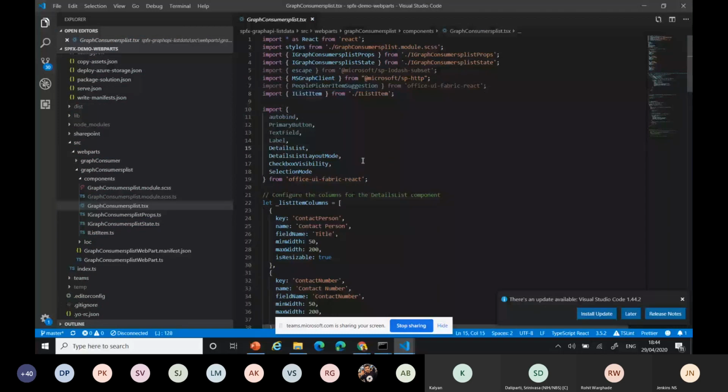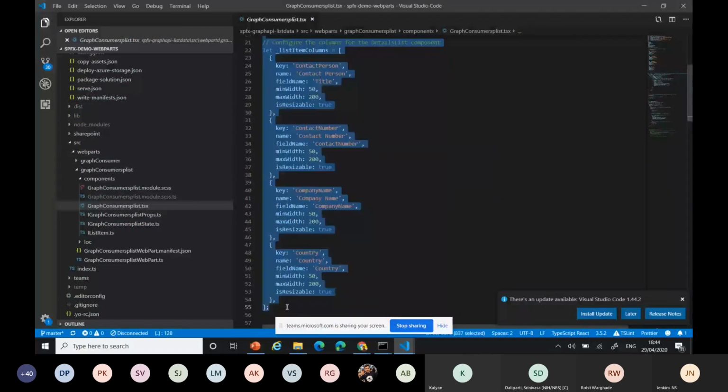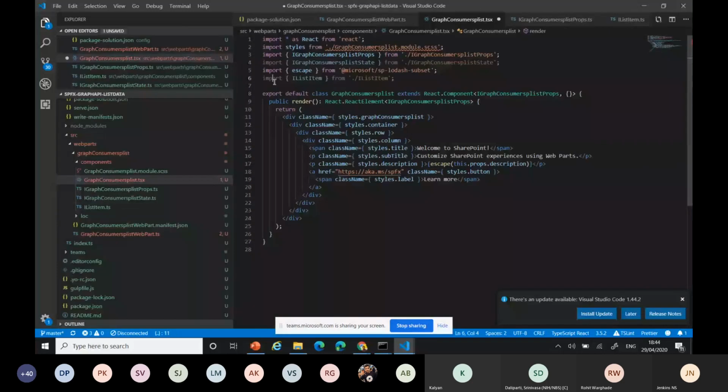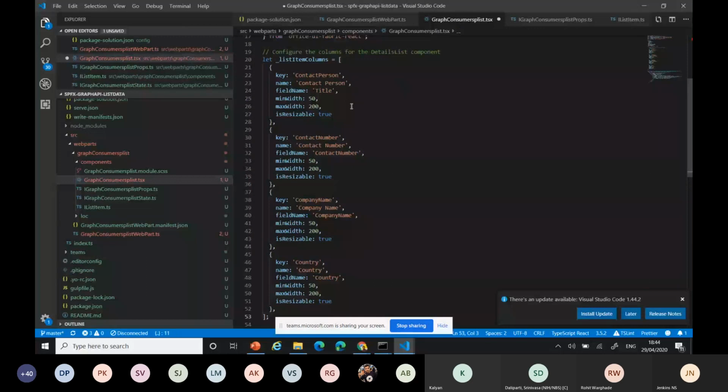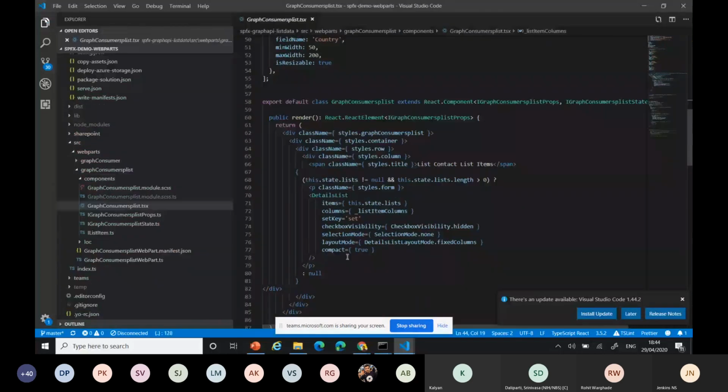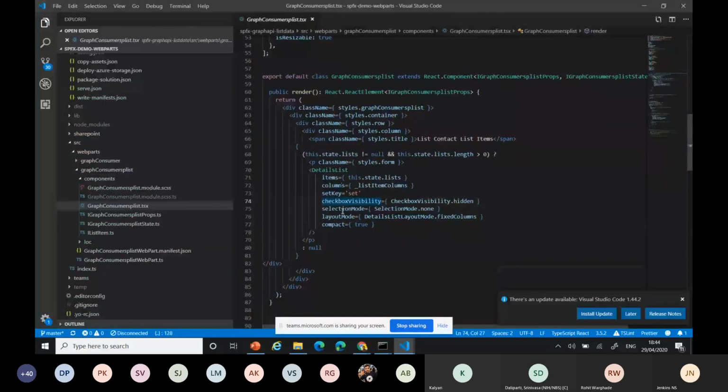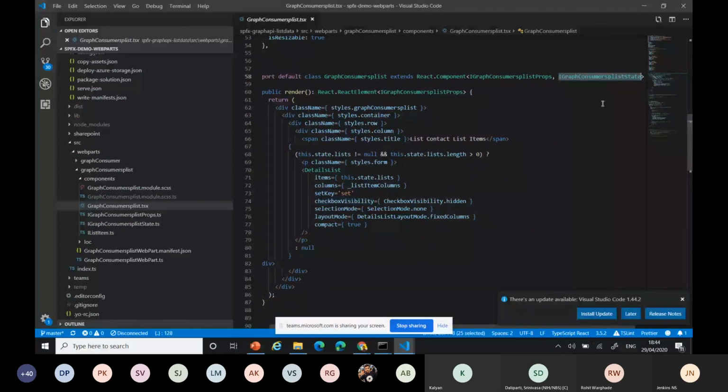These are just values I'm adding to create the DetailsList control from Fabric. Then the rendering part is the same; only the state is added. You can see the difference. By default, it doesn't have the state, so you can import that.